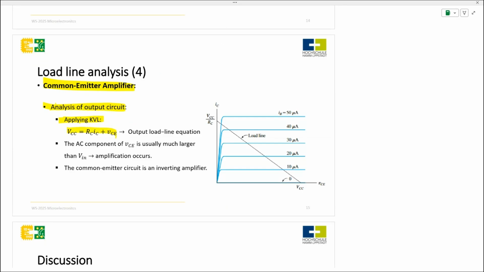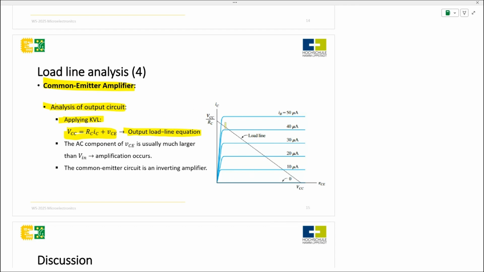VCC equals RC multiplied by IC plus VCE. So this will be our output load line equation. Okay, so of course, if we wanted to know,